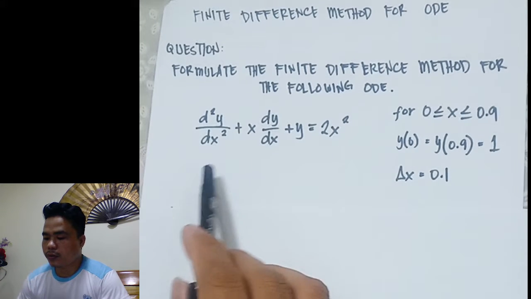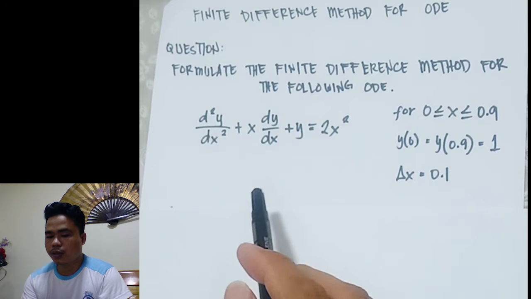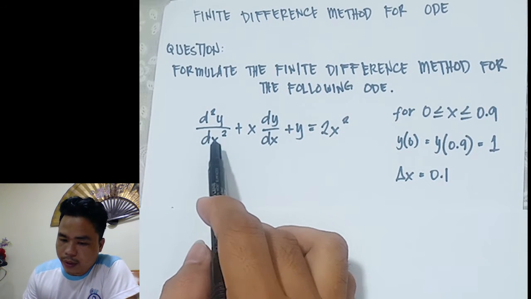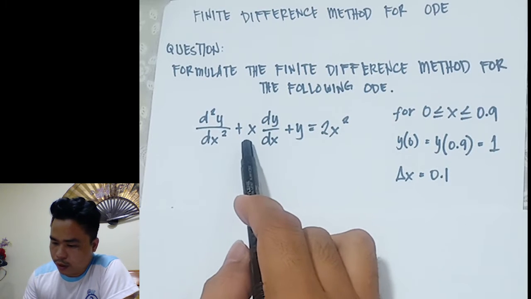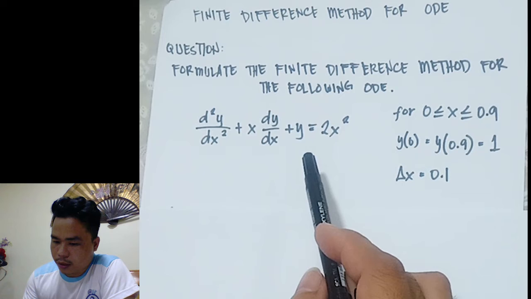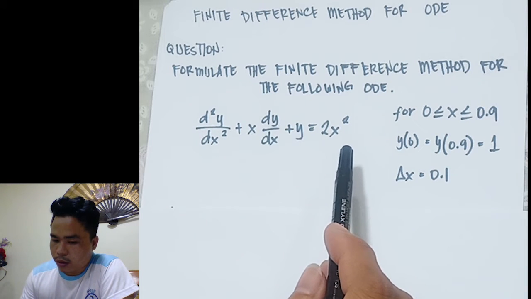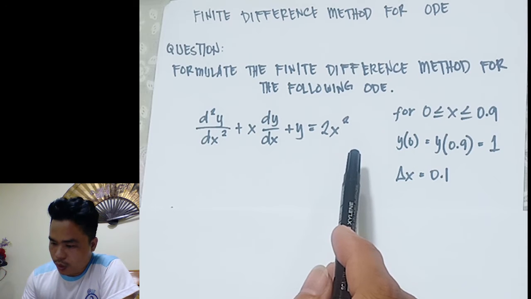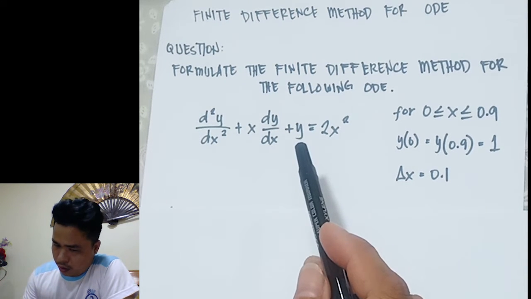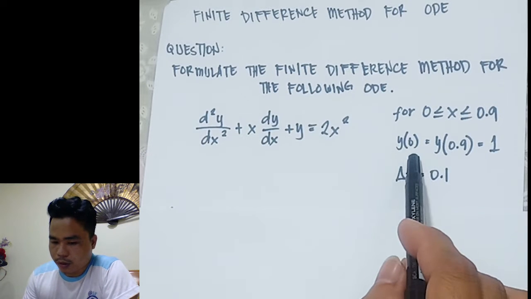Our equation is the second derivative of y with respect to x plus x times dy over dx plus y is equal to 2x squared. This is a linear boundary value problem, and we're going to solve it with a boundary condition of y naught and